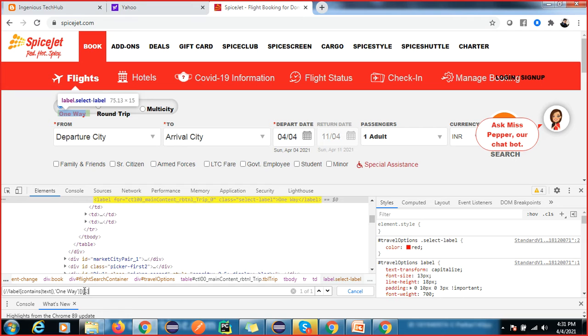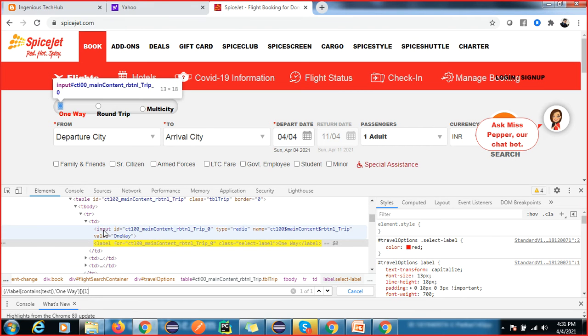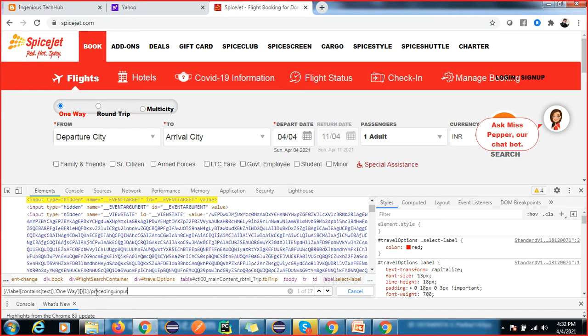I want to select index 1, so this is the one node. Now I want to reach here, so I will use preceding and input. If it does not work, we'll see. Okay, so input of 1.